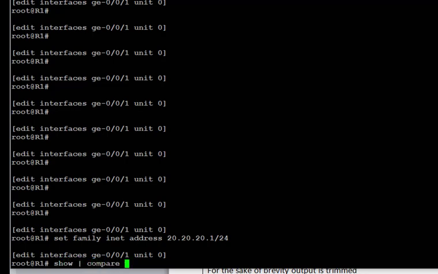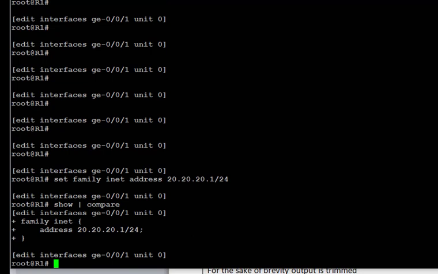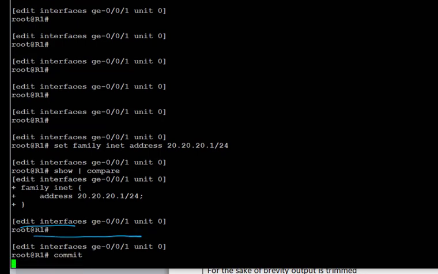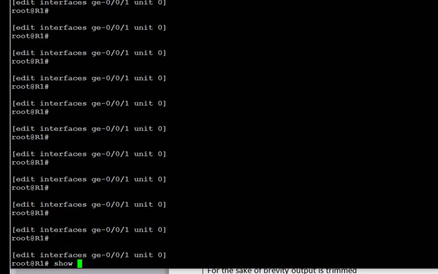When we run the command show | compare, it's going to show us the difference between what is being added in the config and what was there before. In our case there was no config before, so the plus sign means that the new config has been added. We're going to commit the config. Use the show command to take a look at the config,